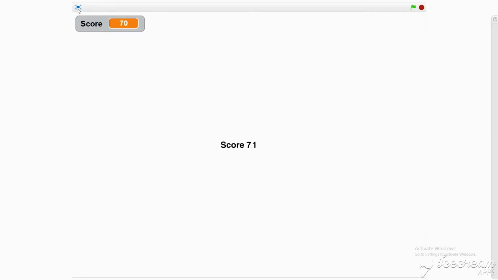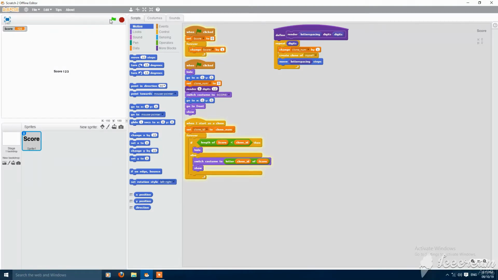Now it will support 12 digits. Or if I put 2, it won't show beyond 99. It will look like this. So make it 12 at least,